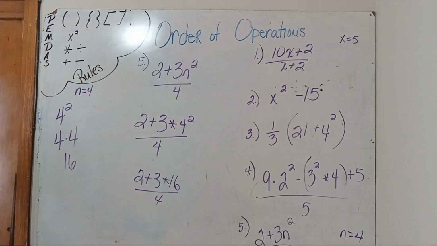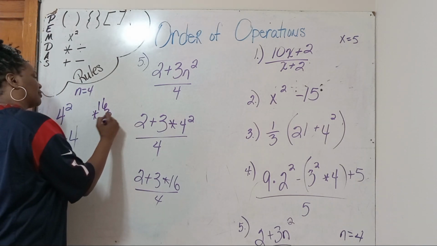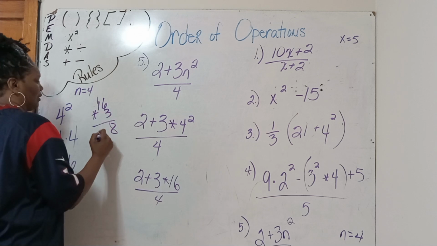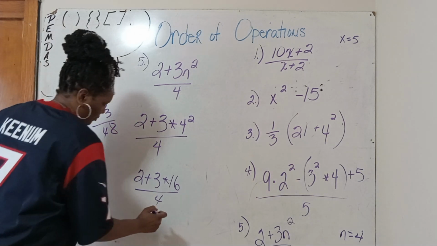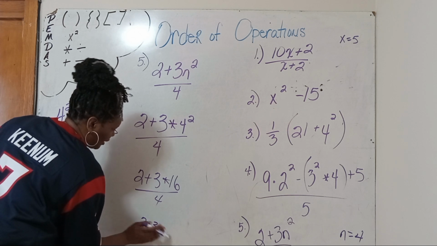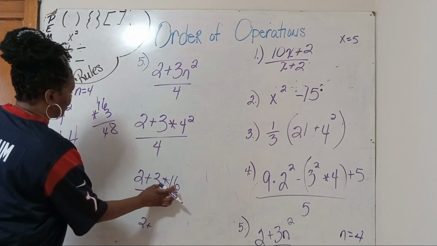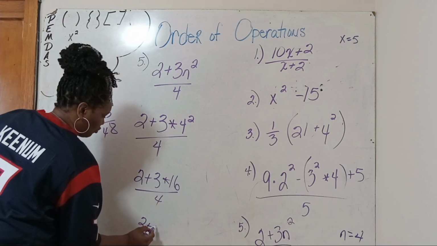What's the next thing I do? I deal with this multiplication problem. What's 16 times 3? 48. So 2 plus these two equal 48. So 2 plus 48